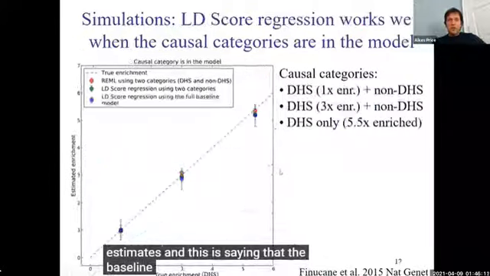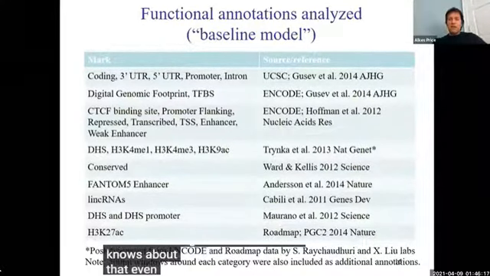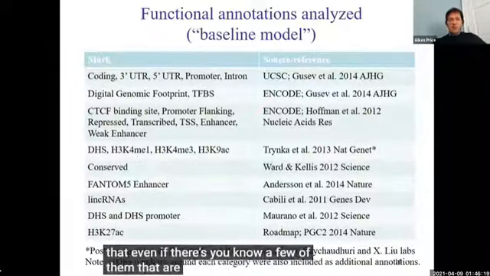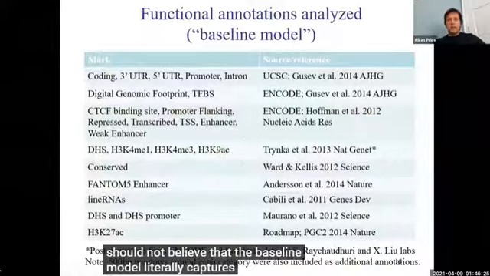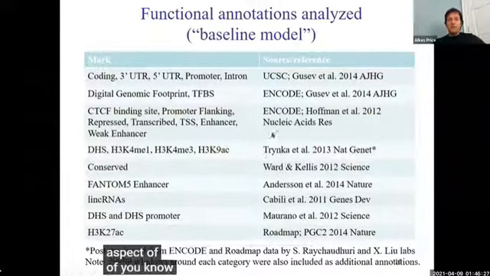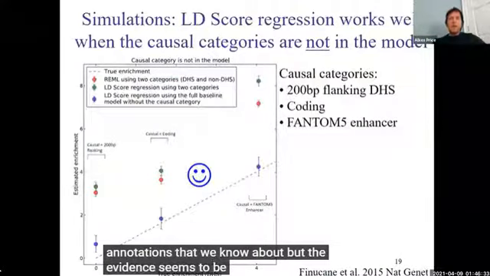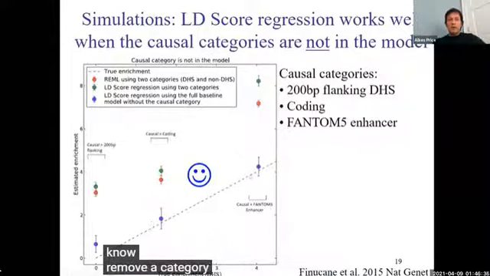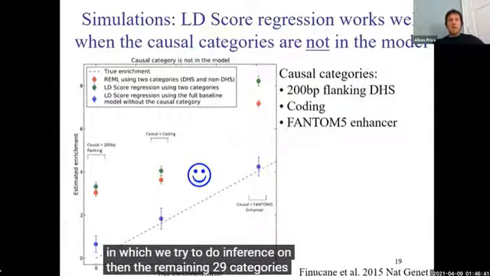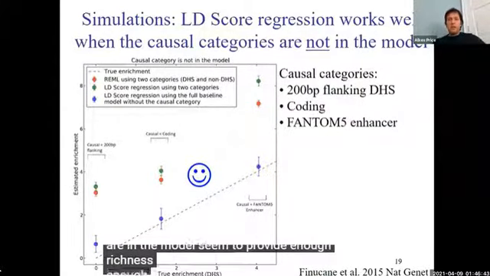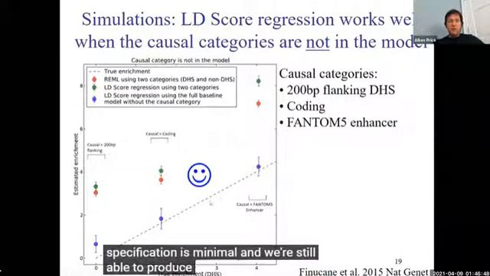And this is saying that the baseline model is rich enough, it's got enough different functional categories in there, that even if a few of them are missing, of course we should not believe that the baseline model literally captures every aspect of real-life functional enrichment. It just includes a handful of 30 annotations that we know about. But the evidence seems to be that even if we remove a category or two which is causal and which we try to do inference on, then the remaining 29 categories in the model provide enough modeling richness that the model misspecification is minimal,